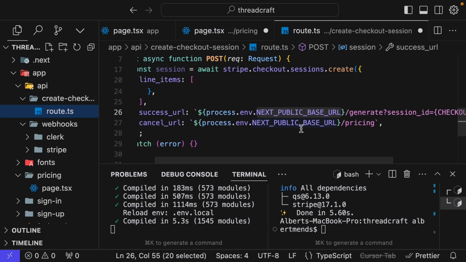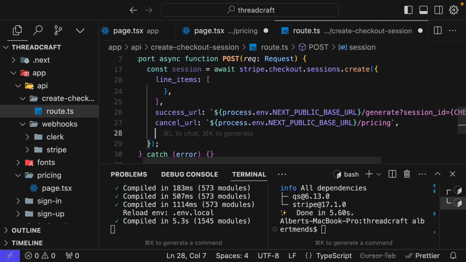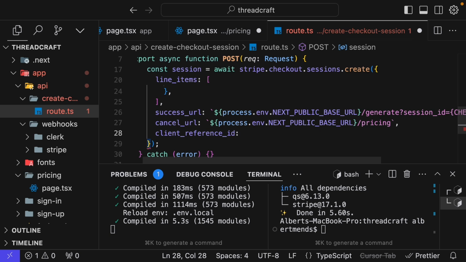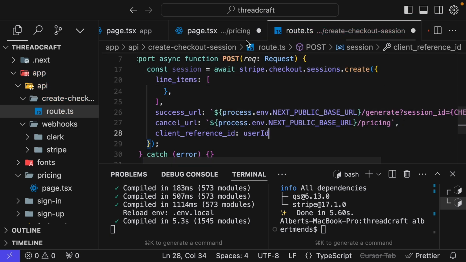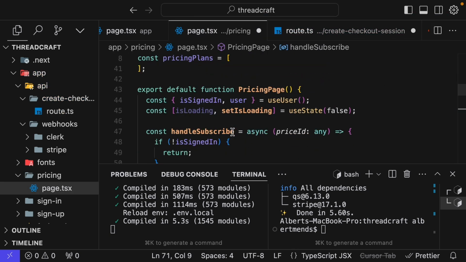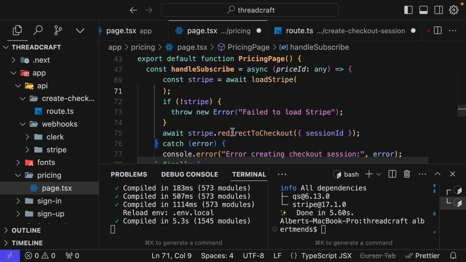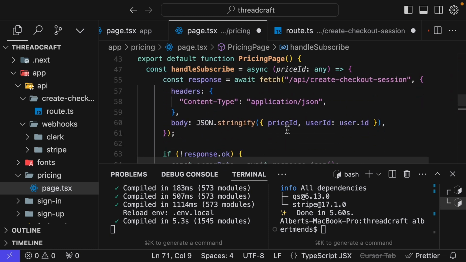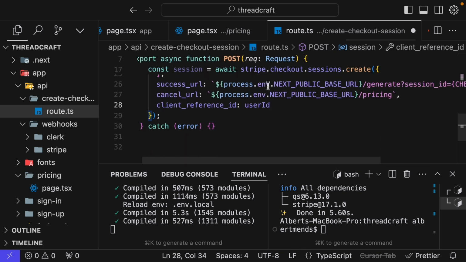And same for the cancel URL, which is going to send the user back to the pricing page. And the last property you're going to set here is the client reference ID, which is going to be the user ID. Remember, we are passing the user ID here, price and user ID. So we have that. Give this a save and